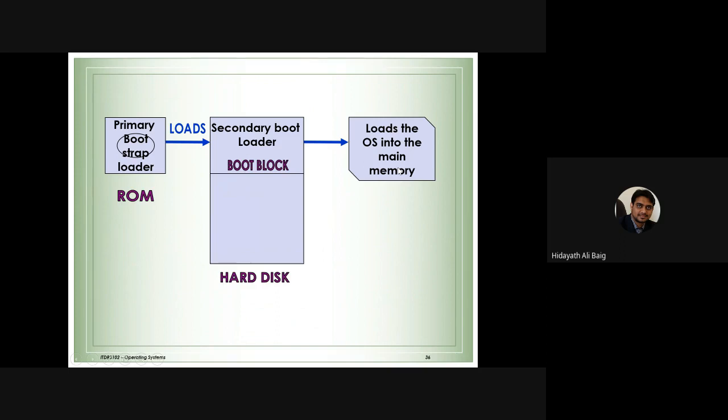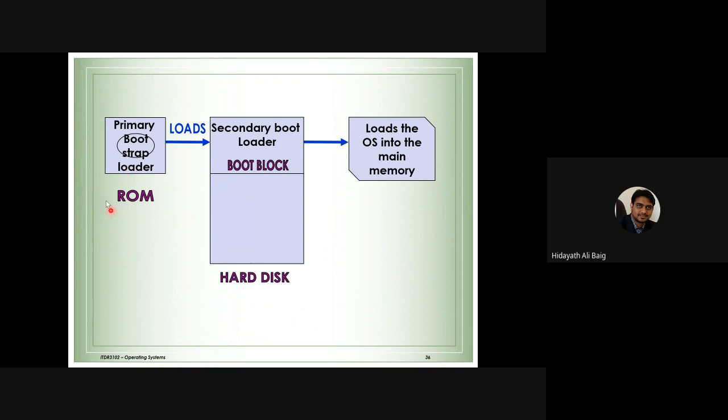Means we can see the windows in front of our eyes. So what happens when we switch on the computer? It checks. We know in introduction to IT also, in other courses also, you might have studied about booting. So what is booting? When we switch on the computer, it checks the input and output devices, it checks the memory, it checks everything. If everything seems to be fine, it will start to operate or start to run the computer. Okay, so that initial program, we are calling it as a bootstrap program, the primary bootstrap program that will